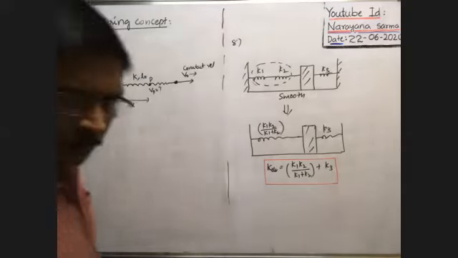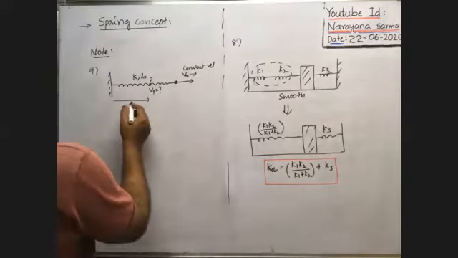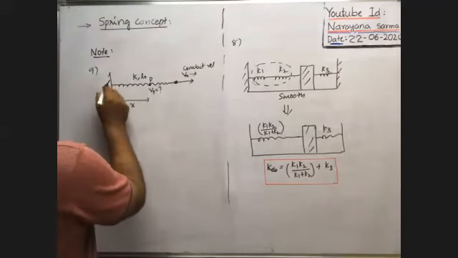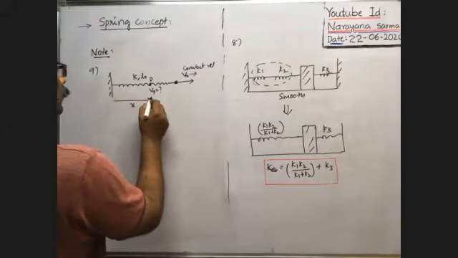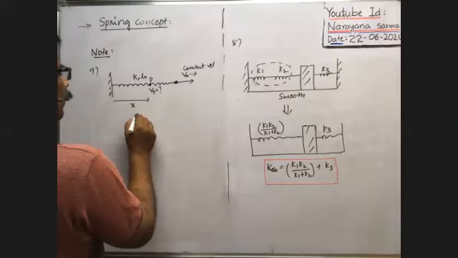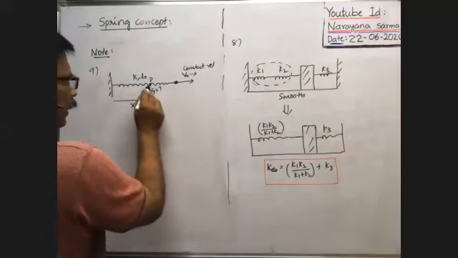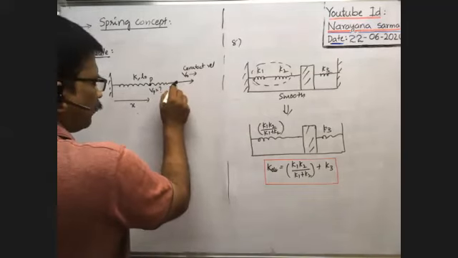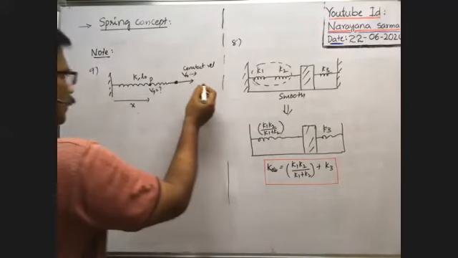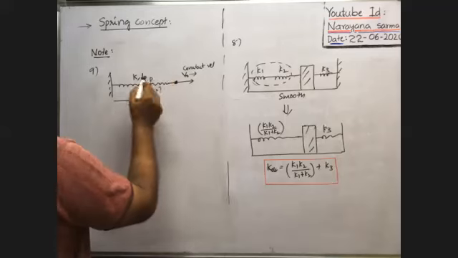Anybody else can say? You see, the velocity of this end is 0. Velocity here, whenever this end is moved with a velocity v0 in this direction, then the velocity of each end will also increase